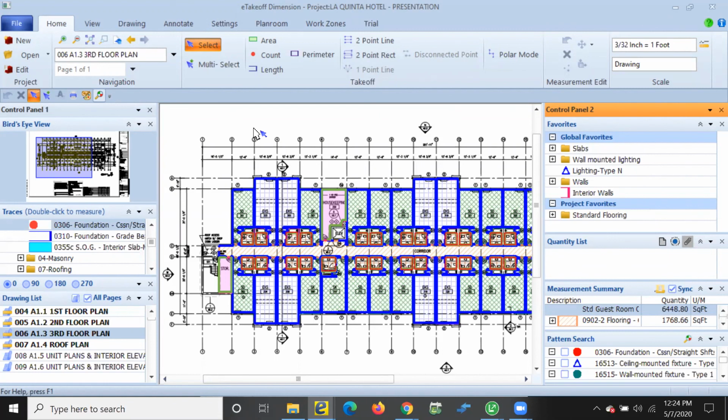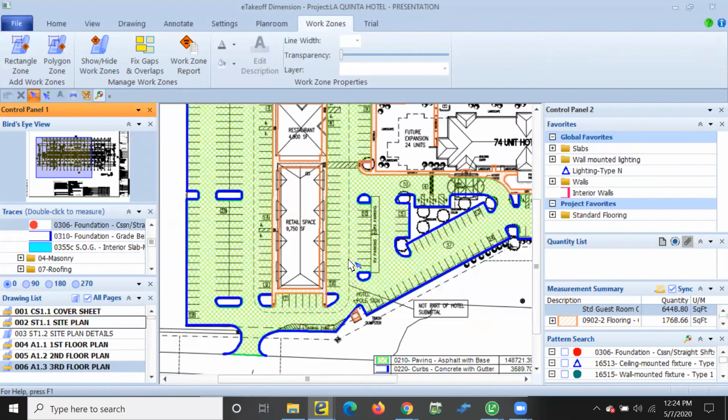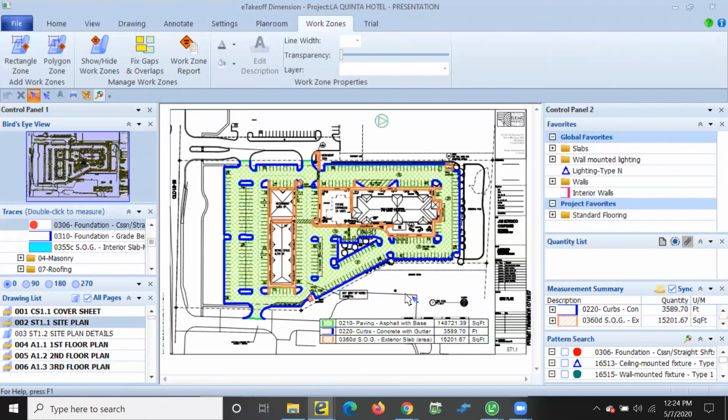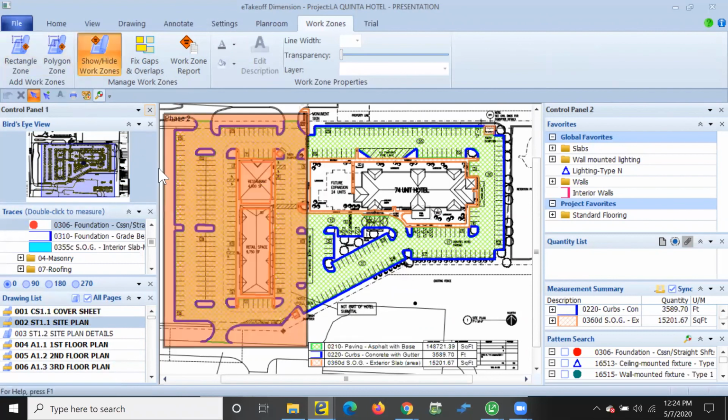With eTakeoff, they've recently added some functionality called work zones. Those allow you, let's say you had a phased project, for instance, to complete all of the takeoff at the same time, and you could split them out into what's called work zones. So again, just like those bounding boxes with setting the scales on the drawings, I simply drag and drop, 2 clicks of my button, and I have my work zones in there.